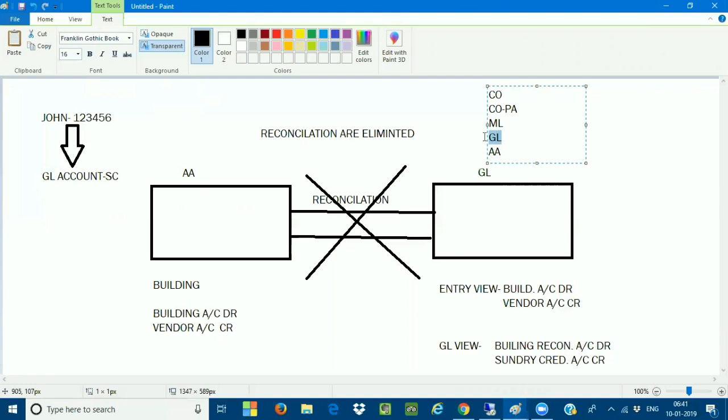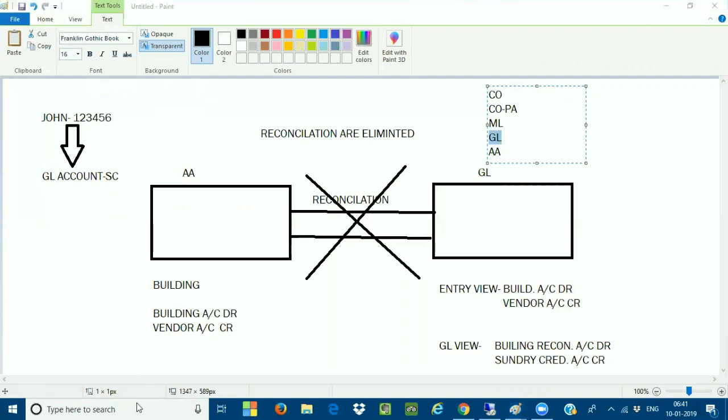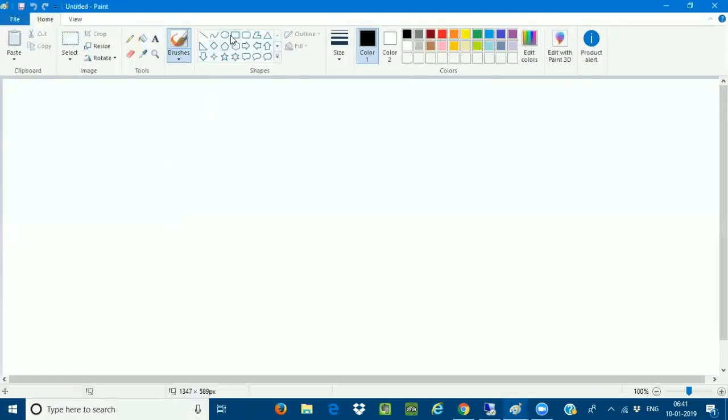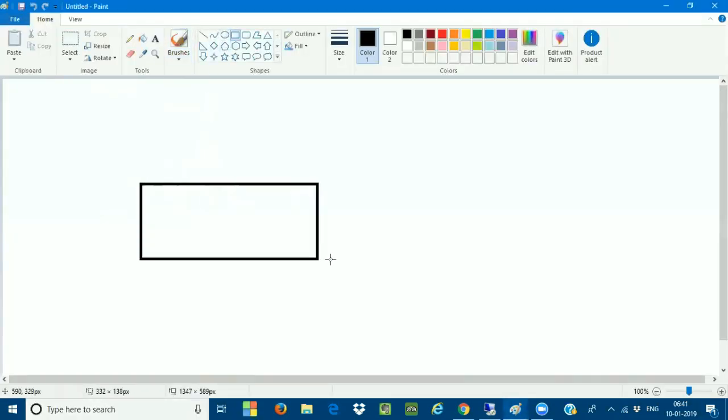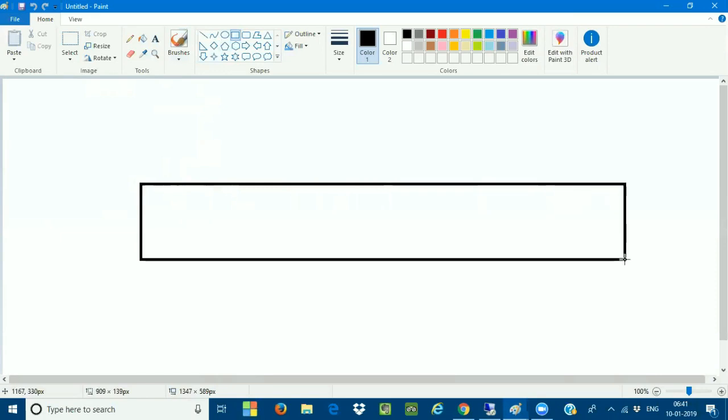Everything will be posted in real time to one table called the ACDOCA table. No more index and aggregate tables; I'm completely removing them. Now we don't have this reconciliation process from today onwards. So I'm bringing one common table, called the ACDOCA table, the Universal General Entry Table. I'm bringing a very big table for you.